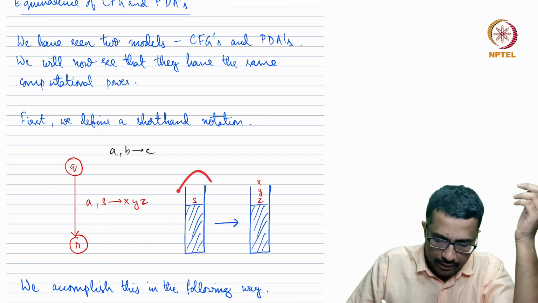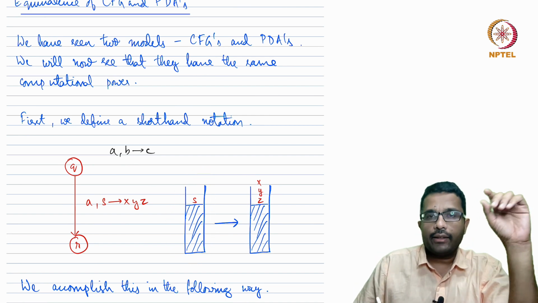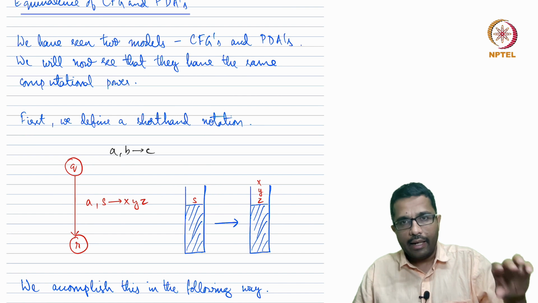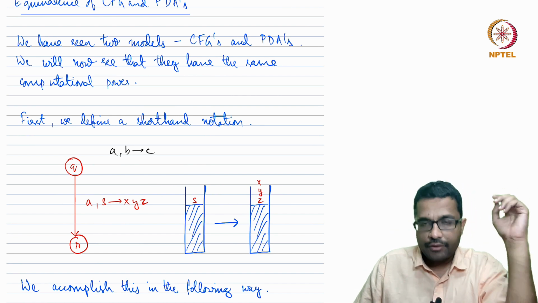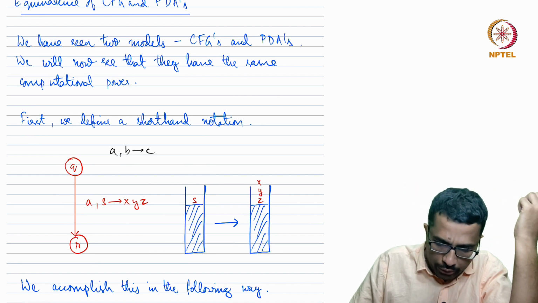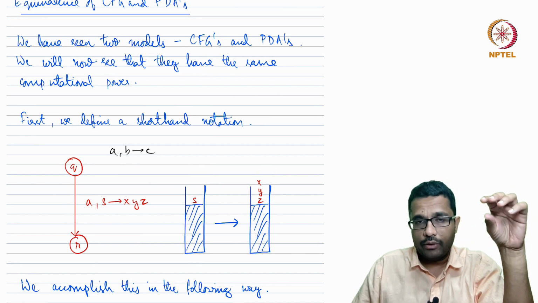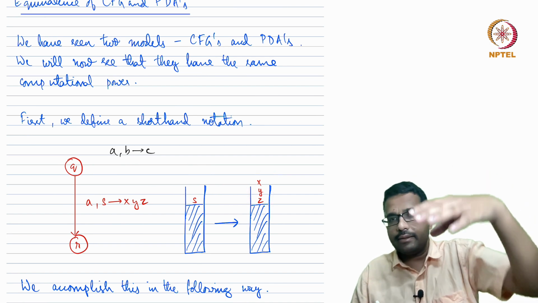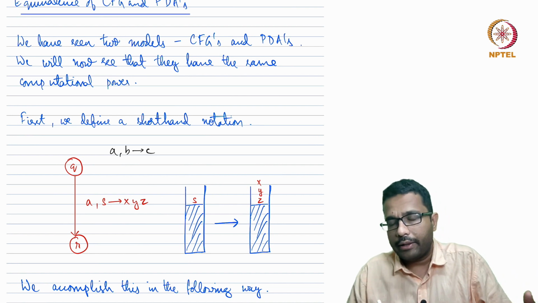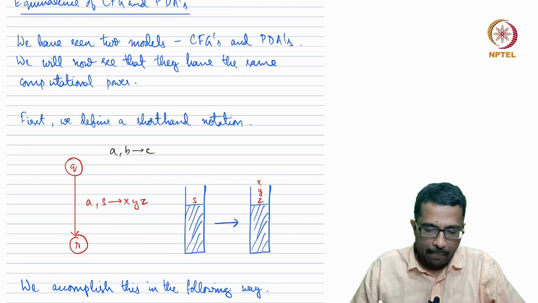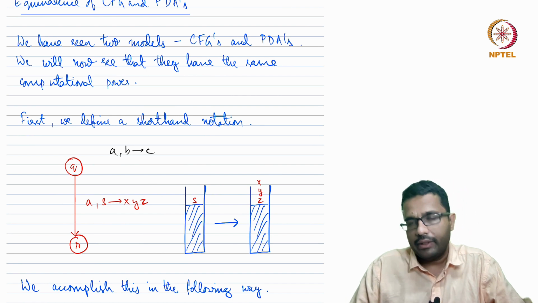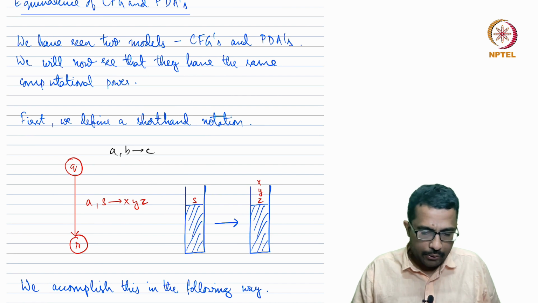So you have some stack situation like this. You have a stack with something in it already. This shaded area shows that something is there, and on the top you have a symbol S. You read S from the stack, which means you pop that S off, which is a single symbol, and then you write XYZ onto the stack. So you have to input three different symbols, or XYZ is just arbitrarily chosen as 3. You may want to write 4 symbols or 5 symbols or 10 symbols. The stack should change from the top being S to the top being XYZ, with the rest remaining the same. So this is a shorthand notation.